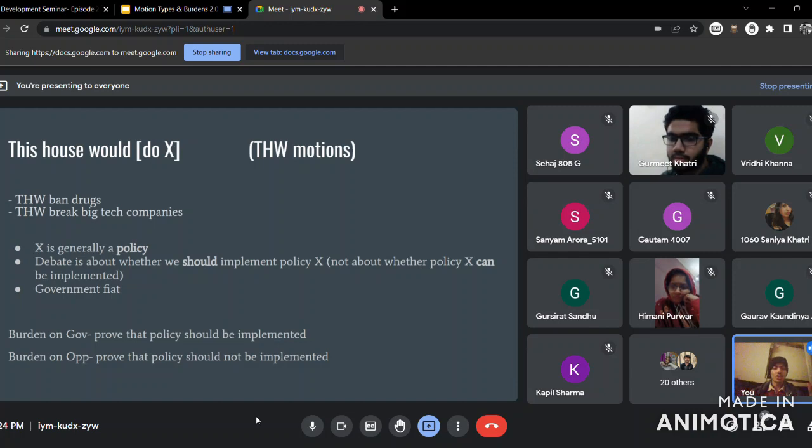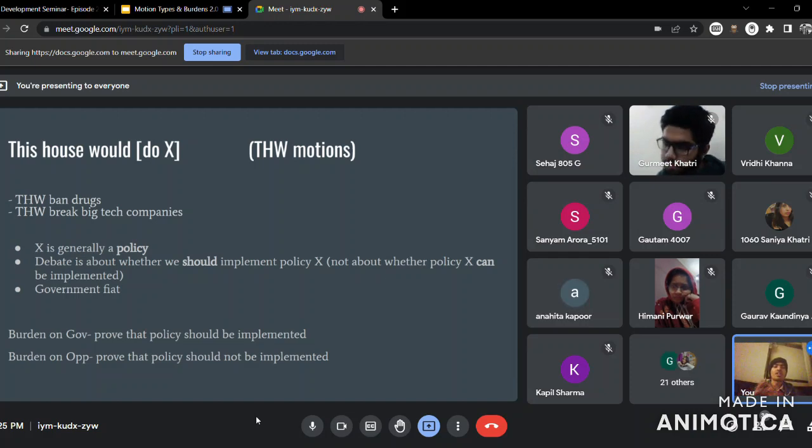So implement means the policy will pass in parliament for sure. That is something that can never be questioned. You will implement it, but how you will implement it, and whether you will be able to do it well or not, that is up for debate. That is something the opposition can question, and by extension can make a reason that you'll not be able to implement this properly, so you don't get as many benefits as you claim to have, or things like that. So that is allowed, but fiat is something that needs to be respected in debates.